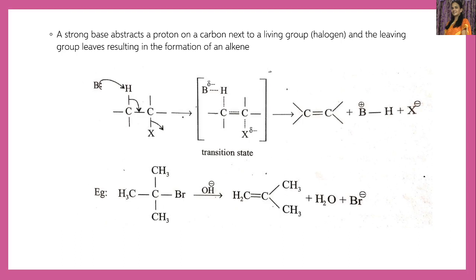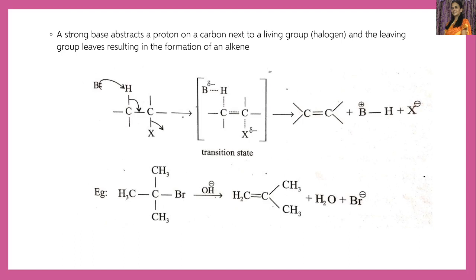You can see the dotted line here. So this is the transition state where a base is forming a bond with the hydrogen atom of the carbon which is adjacent to the carbon to which the halogen atom is attached. This transition state is a hypothetical one,